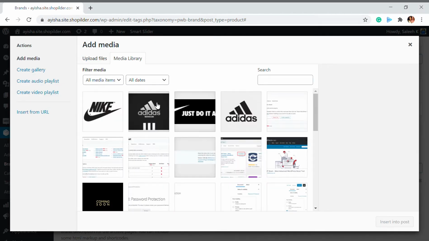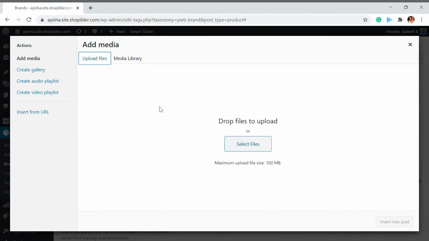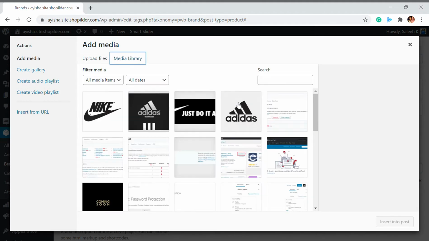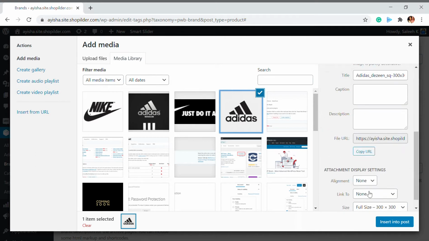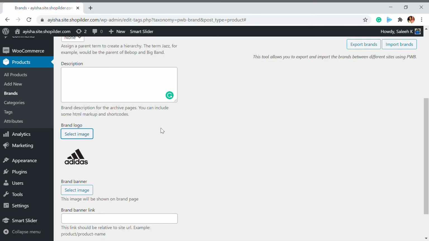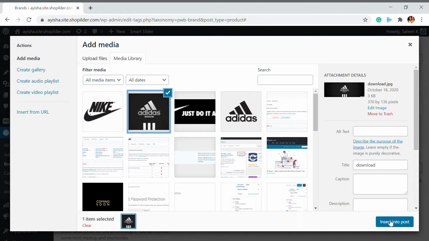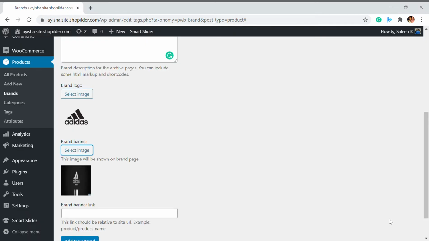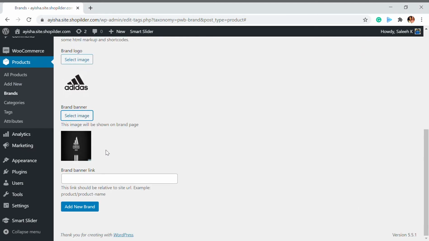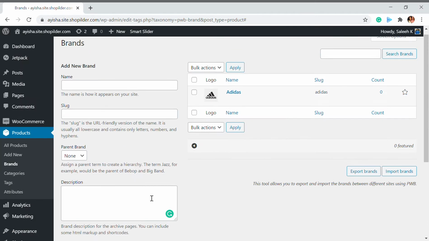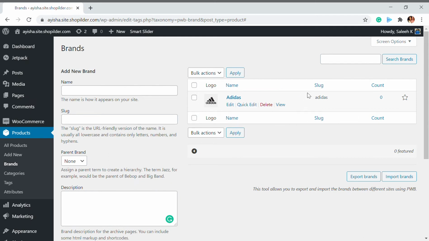Okay, I'm going to add a logo. I've already uploaded the media into the website. You can also add it from your local desktop. I'm going to add the logo over here. You can add the caption and description for SEO purposes. Then add a banner image. A banner image is basically a full-length image that will be visible when your slug URL is taken. I'll show you how. You need a banner image and the logo for your website, and then add a new brand. So this will be visible over here.